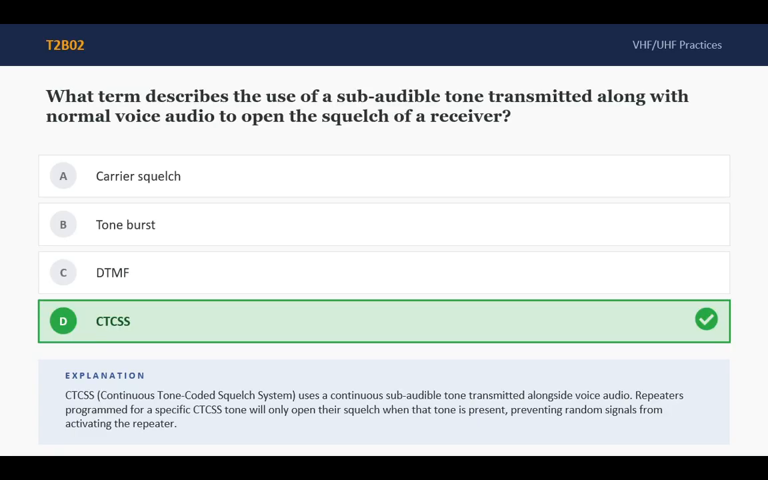is working. What term describes the use of subaudible tone transmitted along with the normal voice audio to open the squelch of a receiver? D. CTCSS. CTCSS, continuous tone coded squelch system, uses a continuous subaudible tone transmitted alongside voice audio. Repeaters programmed for a specific CTCSS tone will only open their squelch when that tone is present, preventing random signals